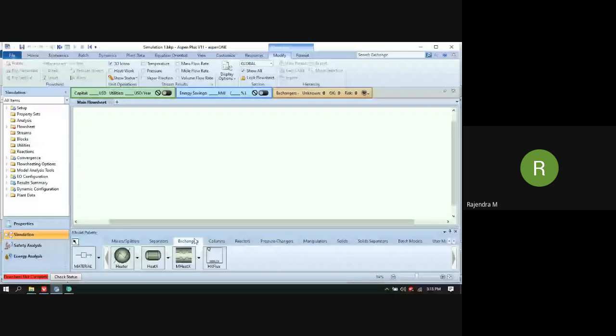Here we have the same types of heat exchangers. Okay. Heater. So this icon acts as a heater as well as a cooler. It will do a kind of dual job. So thermal, it will be used for thermal and phase state changes. Like you can change the phase also by using this item. And model heaters, coolers, condensers, etc. By using this, you can do shell and tube heat exchanger kind of calculations.